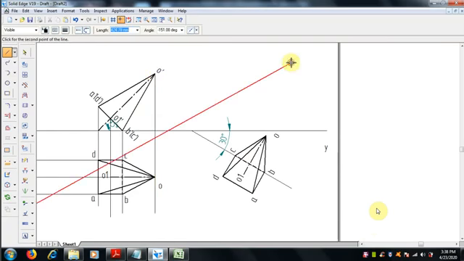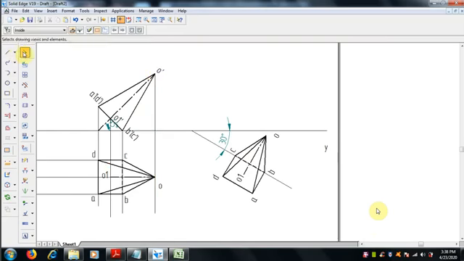So front view, for the front view we have to draw the projector lines. From here, select 0.13 mm line thickness. Draw the projector lines.